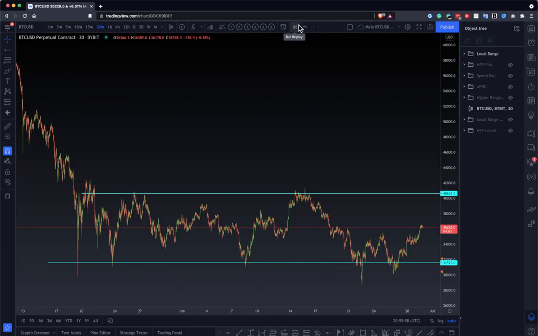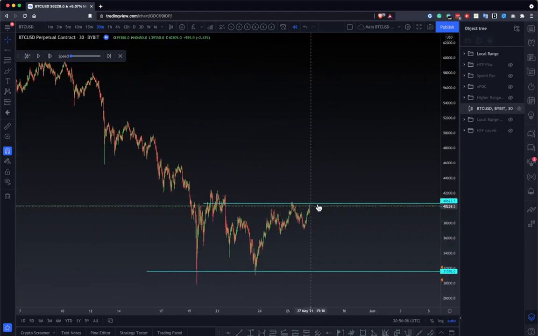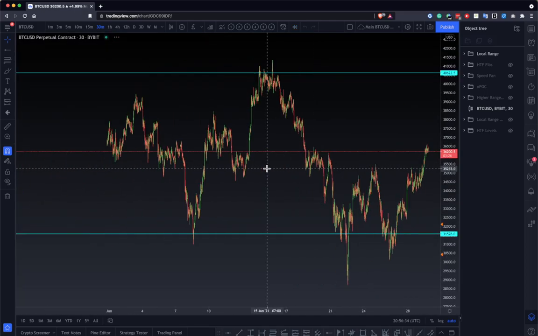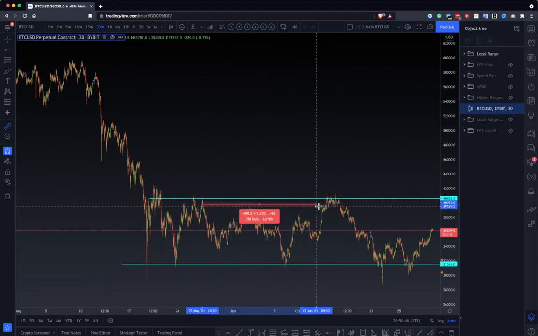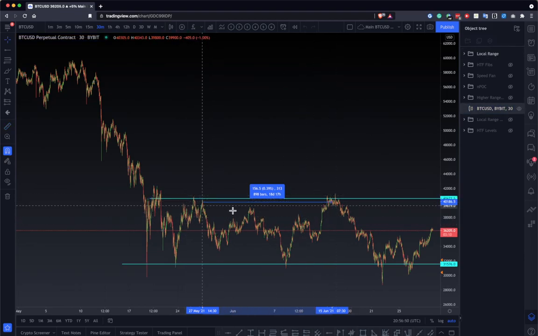Let's go back here. Let's say you see that and you say, oh, Bitcoin is breaking up. You see that it tested, came back, tested, and then just didn't go through. And here the market structure is locally very uptrending, everything looks nice, and then you buy the breakout. Let's see what happened then. You come back and see that level again, and wow, it just went back down, and everyone who bought here is trapped for a long period of time, until you got back again to this area in like 18 days. If you could have kept your position without the fear of losing the range low, which was like 18%,